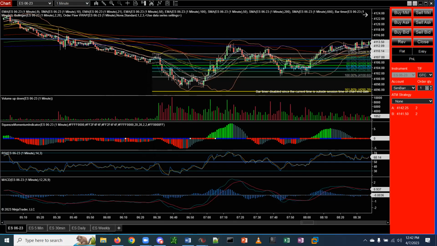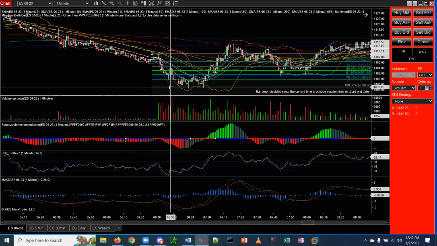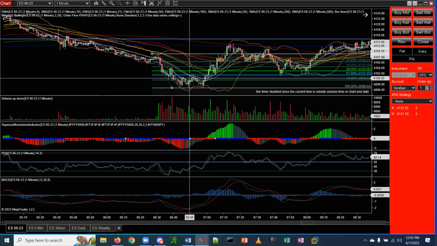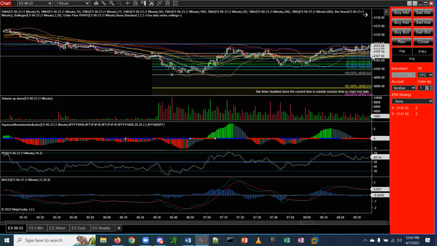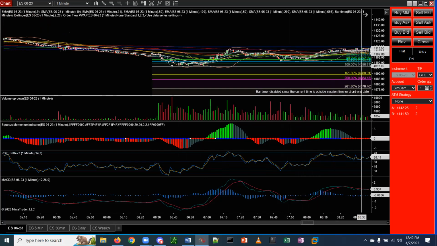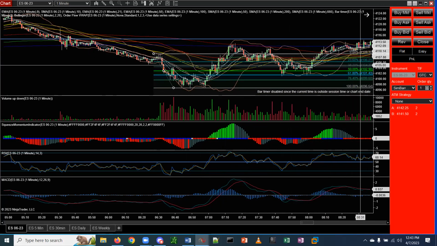This one you probably would have missed your order. Everybody draws fibs differently. You could have gone up to the tippy top, or you could have gone all the way to that top. But by then you're kind of already out of the trade unless you got in right here. But when using fibs, you want to target the 161, the 261. I normally target the 161 and the 200, depending on how spread out,